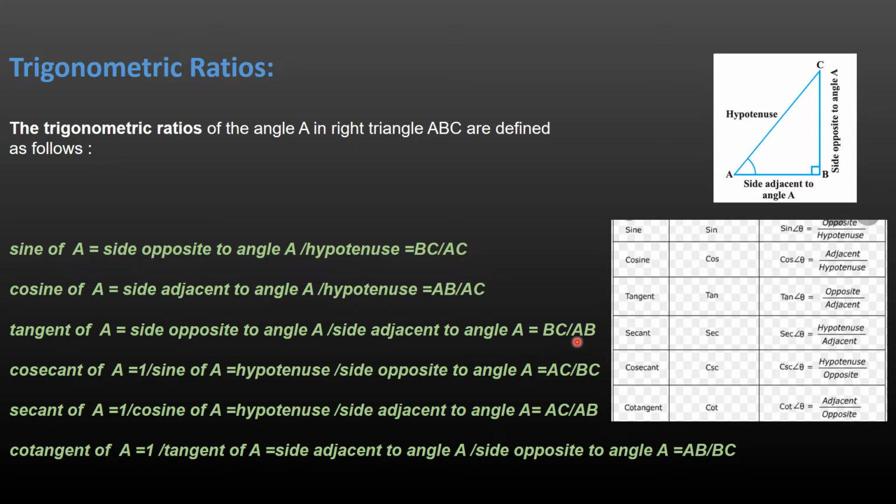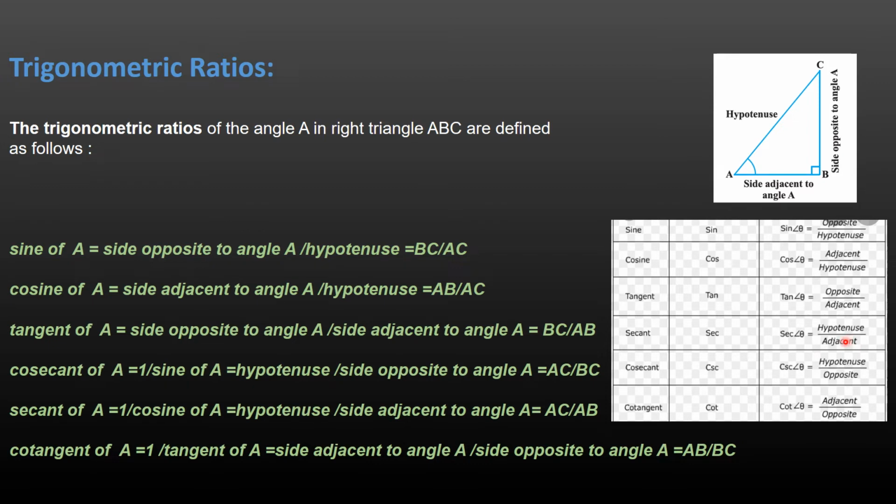And then next comes your secant. Secant is nothing but the reciprocal of cosine of angle A. So if you see here, the secant of theta is hypotenuse by adjacent, and as I said, it is the reciprocal of your cosine of theta, which means your cosine theta is what? Adjacent by hypotenuse. So the reciprocal of this cosine theta is hypotenuse by adjacent, which is nothing but your